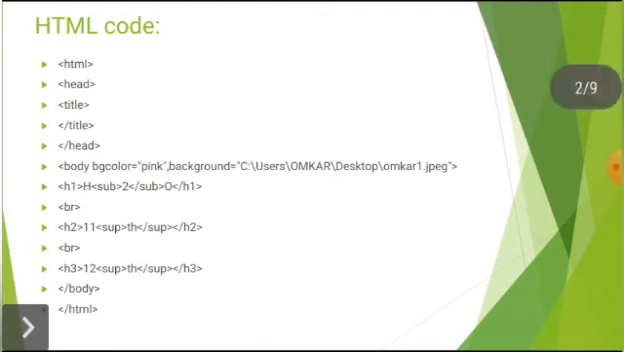This is our HTML code. HTML, head, title close, head close, then body. Inside the body we are using the bg color attribute, bg color is equals to pink. Then for the background attribute we are copying the address of the image. Background is equals to that image address over there. Then we will see the h1 tag, the first header, large tag we are using here. Then h, then sub tag we are using, 2, sub tag close, then O, then h1 tag close, then br